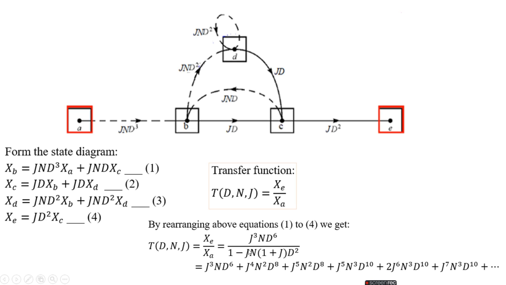which is j cube n and d to the power 6 divided by 1 minus j n 1 plus j d square. Okay. So after solving this division, you got j cube n d6 plus j to the power 4 n square d to the power 8 plus j5 and 2 d8 plus j5 and so on. So from this again, for the d free, you can see d free is equal to 6, and there will be 6